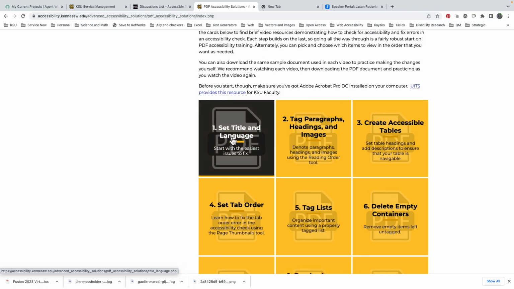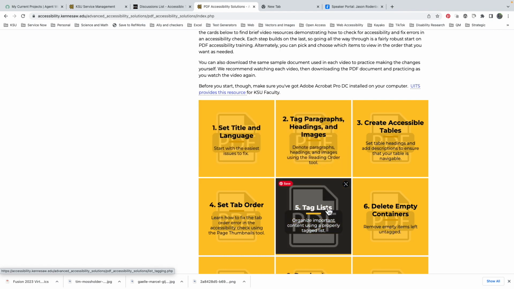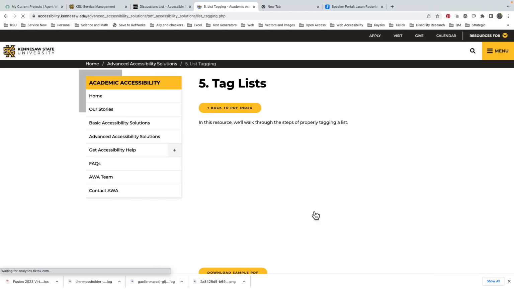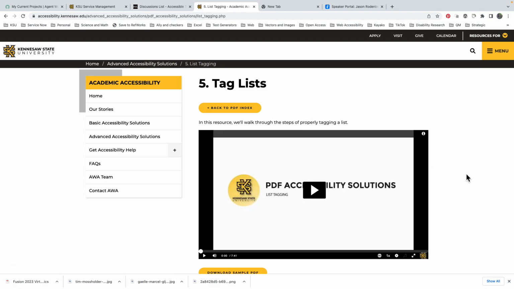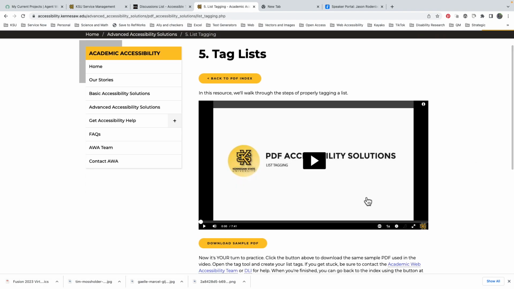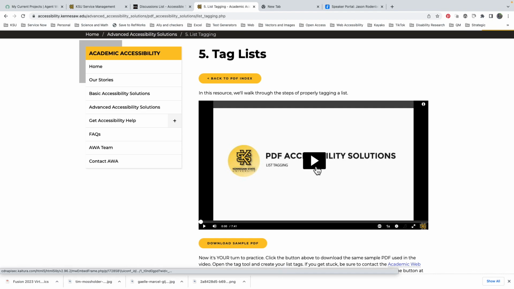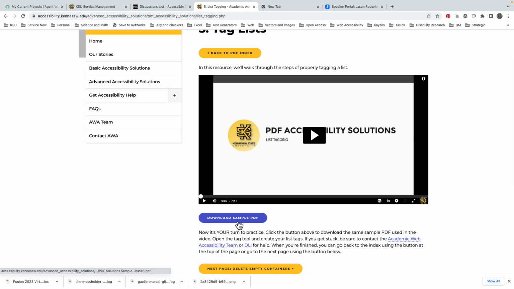But it is still a valuable resource. That's why we leave it published. To tag a list, you could see when we open up that page, we've got this 7-minute video that shows how to tag lists. I'm actually going to embed that in this video, and I'm also going to record myself tagging a list with just Equidox. But here you can watch the video, download a sample PDF, and then how to go about contacting us to